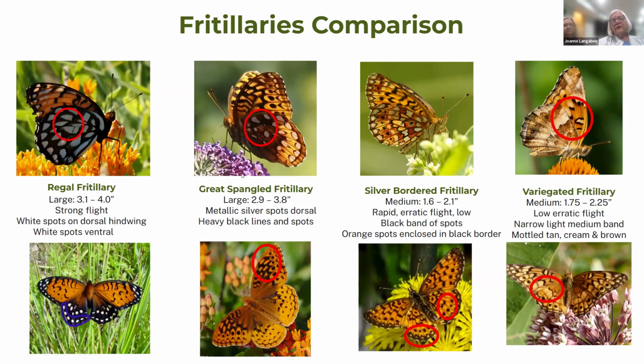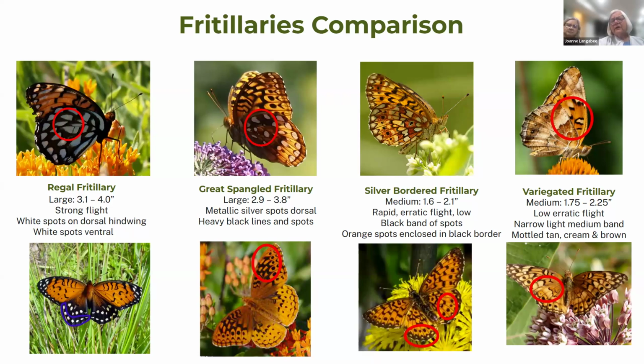The great spangled fritillary likes the forest. It's a pretty good size. The identifying characteristics are the silver spots on the underneath side, and then you have the heavy lines and such here. The middle part is pretty much open as compared to some of the other ones. You see quite a few every year, particularly if it's been a wet year and there's a lot of Joe Pye weed and some of the milkweed and such that they like to be around.